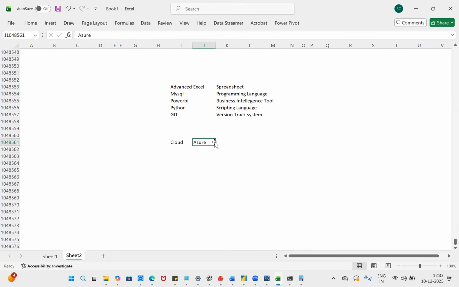But in cloud, there are three options: GCP, Azure, and AWS. In future, you can learn it. I don't say it is mandatory to become a data analyst. Data analysis is this one, and cloud is just to understand how to get data. I'm also going to show you how to get data from Azure DevOps. I'll cover all those things,